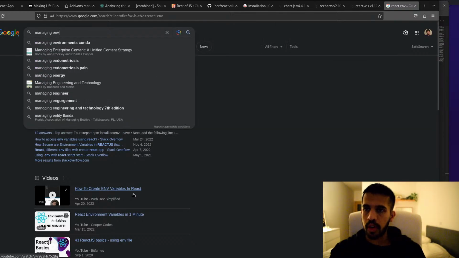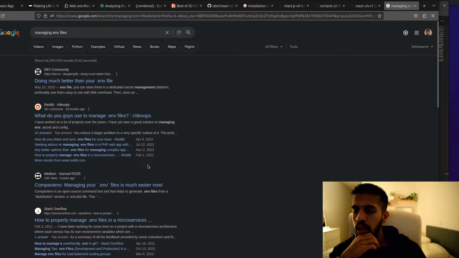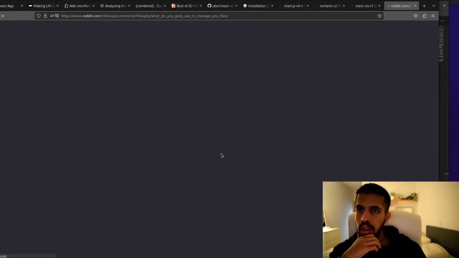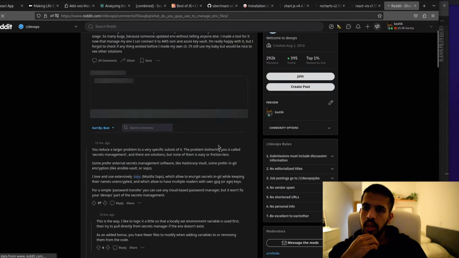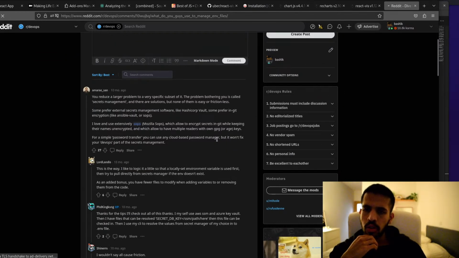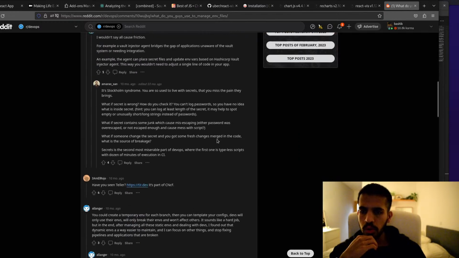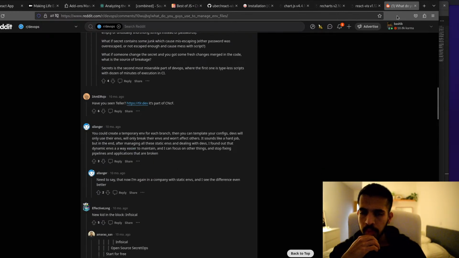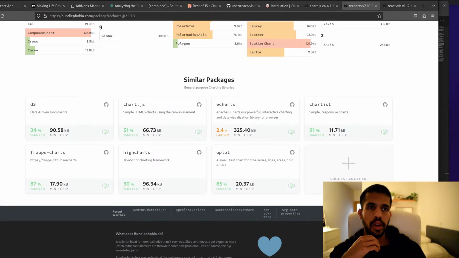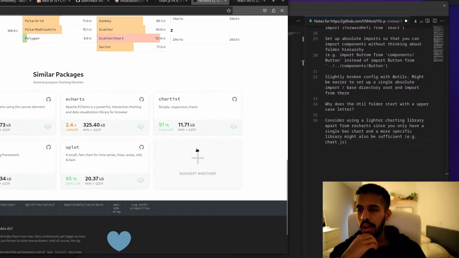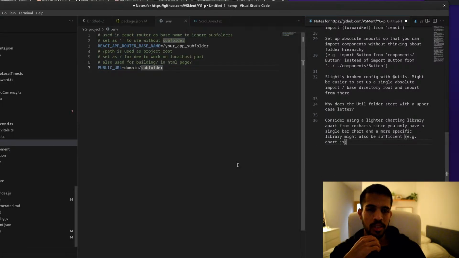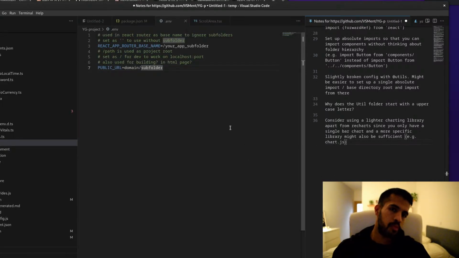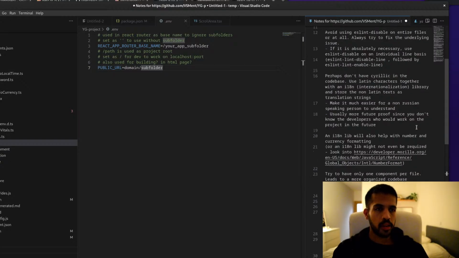Managing env files. I forget what this is called. So if I ever manage to figure it out, I will write that into the chat or cover it next time. So I guess that's all I could manage for today.